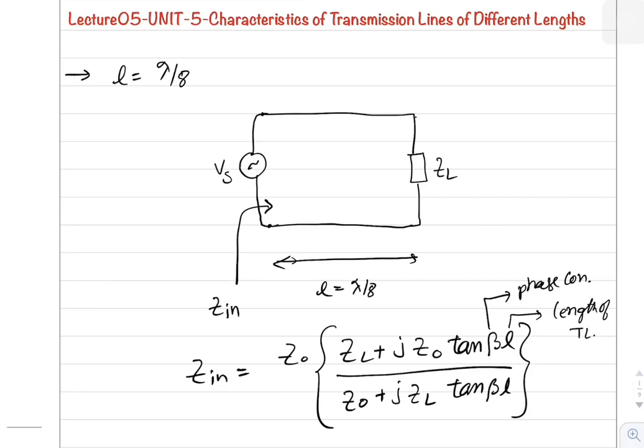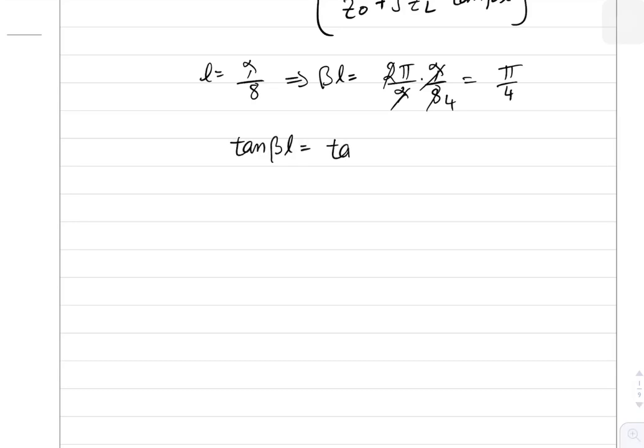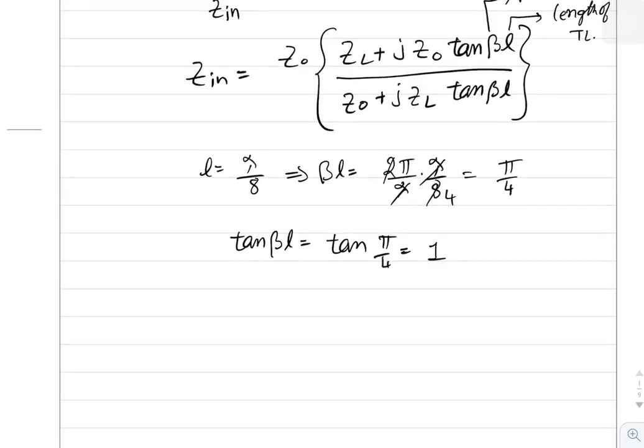Now in our case, the length of the transmission line is lambda by 8. That implies beta L equal to, beta value is 2 pi by lambda multiplied with lambda by 8. So lambda will get cancelled. 2 4s are 8. Therefore its value is pi by 4. Tan beta L value, that is equal to tan pi by 4, which is equal to 1. Therefore input impedance of the transmission line is equal to